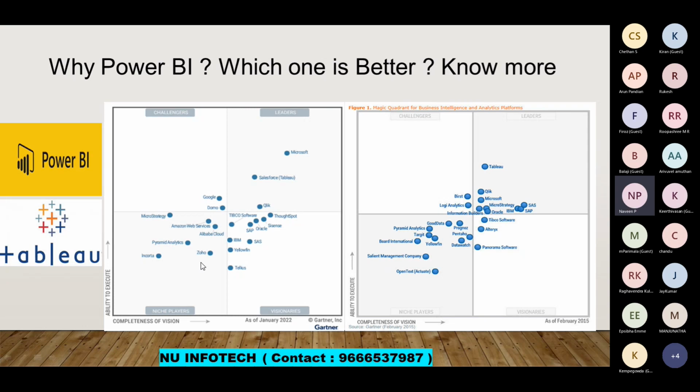With other ones, something is good, like ability to execute maybe, but completeness of vision will not be. Something will not help in business reporting, right? So that's the reason